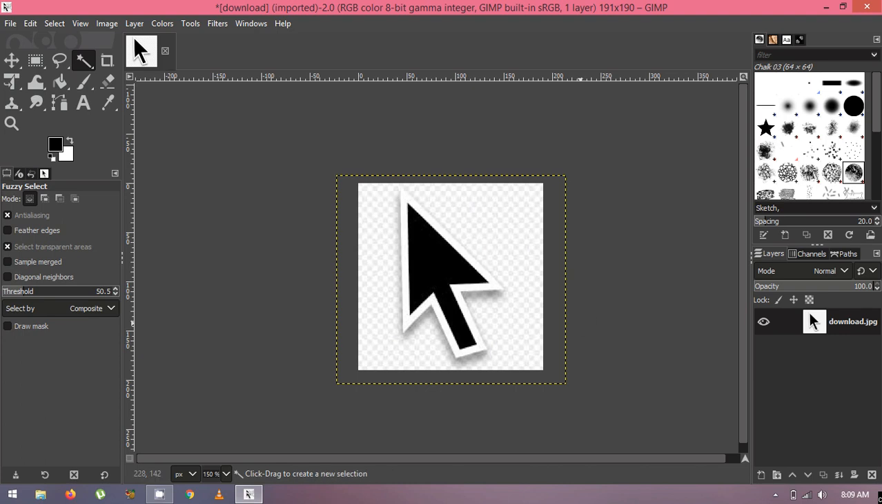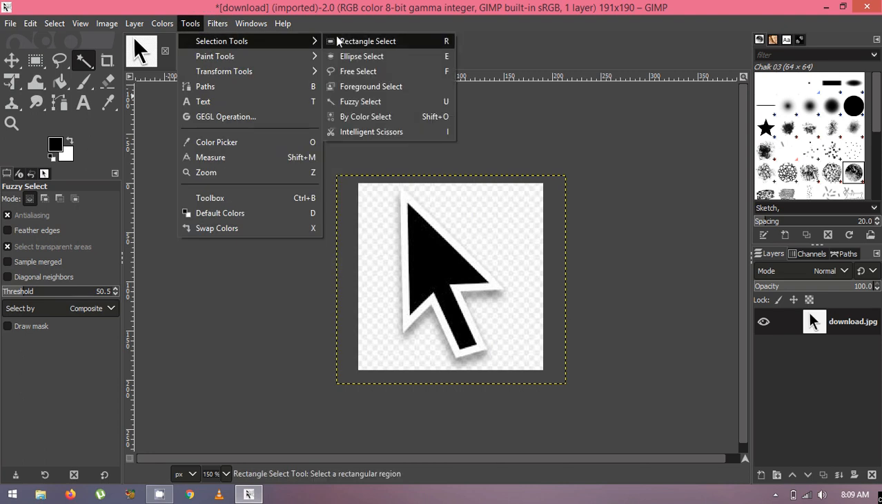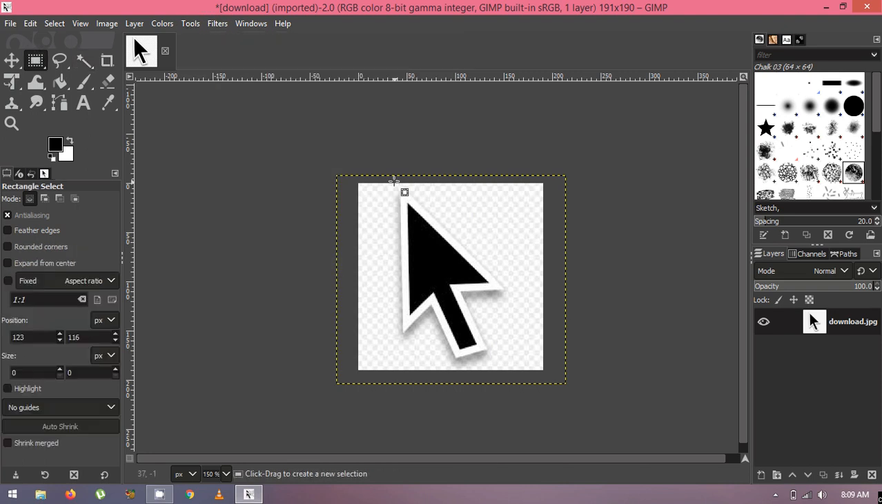Next type of the selection is rectangle select tool. When you want to select the part of the picture in the form of rectangle, go to tools, selection tools, and here we have rectangle select. So what you can do is, like in this way, you can select the portion of your picture in the form of rectangle. So for now, we'll discuss only this much